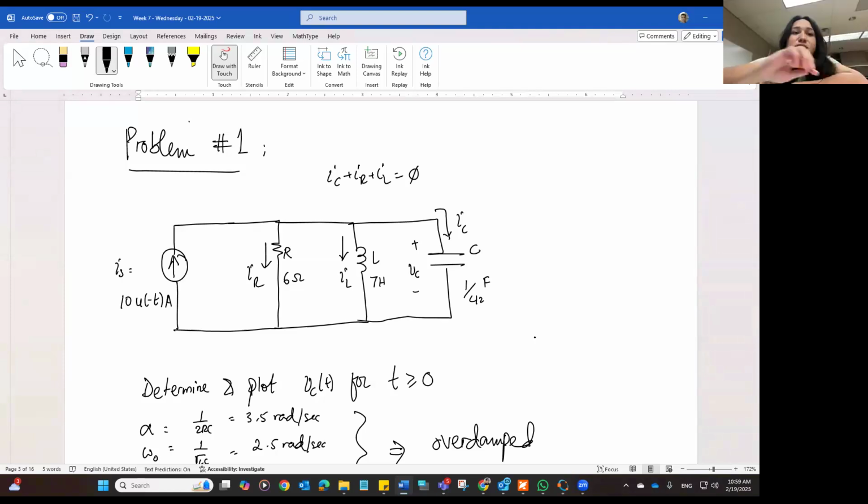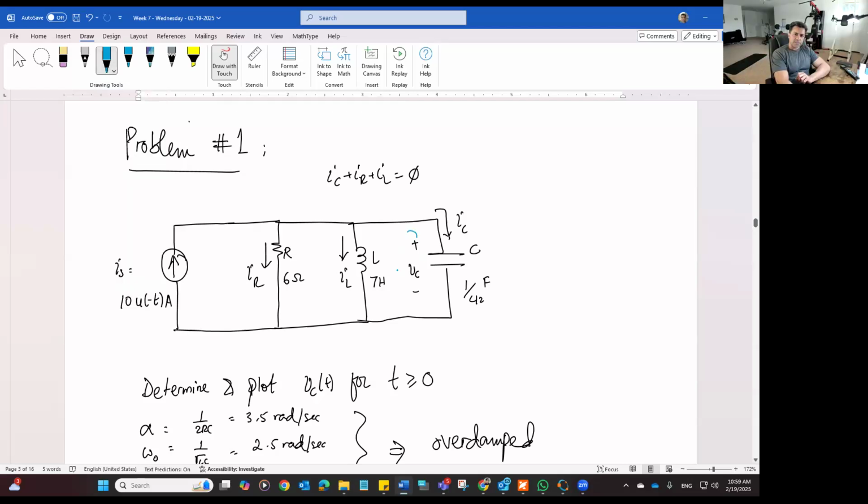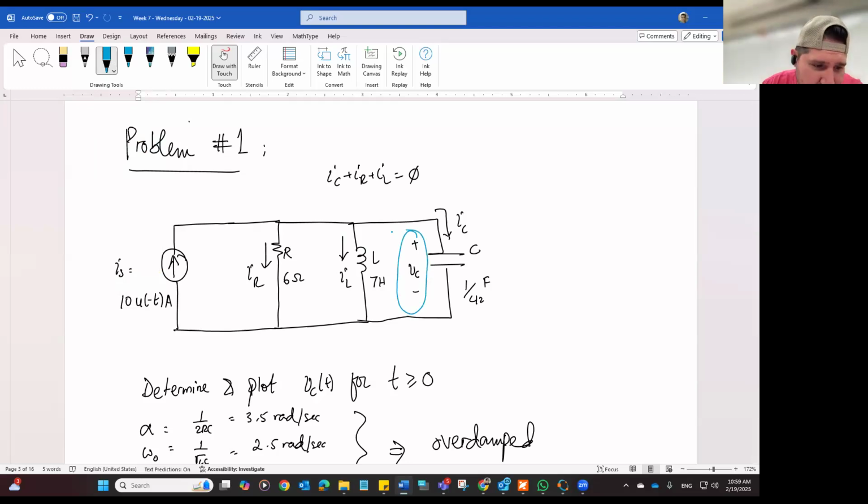IR times R. What is this? So voltage across the capacitor. Yes, and that voltage is also